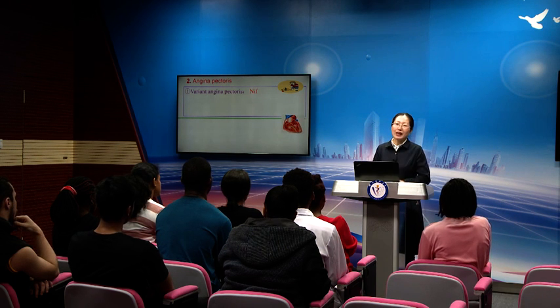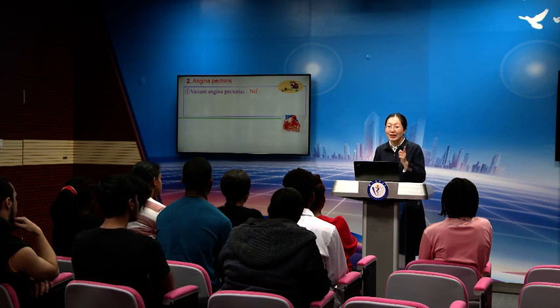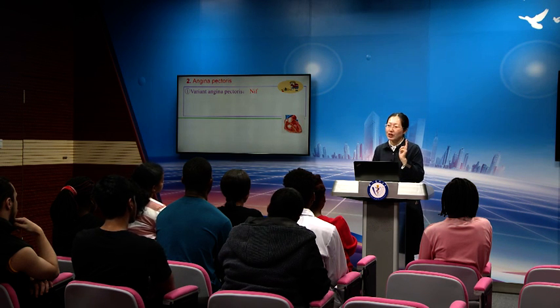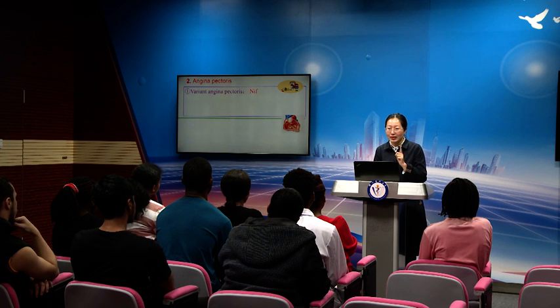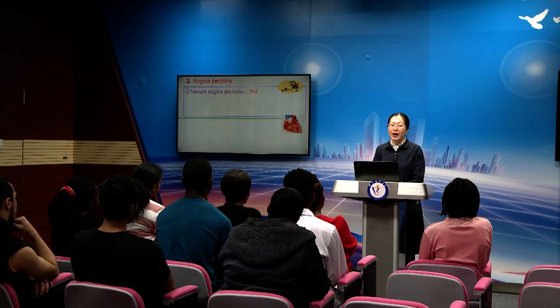For variant angina pectoris, the first choice agent isn't nitroglycerin, you should give them CCB as the first choice. In CCB, the best drug is nifedipine, because nifedipine has higher sensitivity on vessels, especially